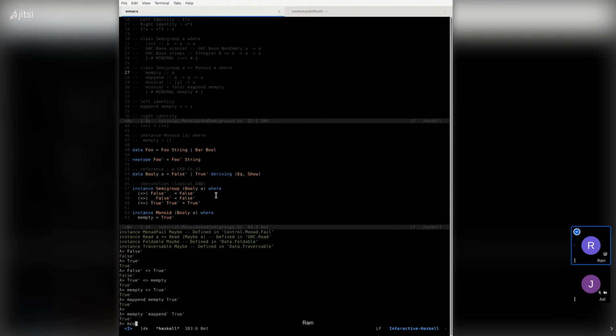And finally, now that we have Boolean, we can go and concatenate a bunch of stuff, and this is going to do what we're expecting it to do, and that is do a reduction or a fold of the underlying list.